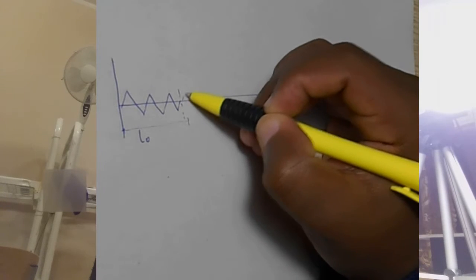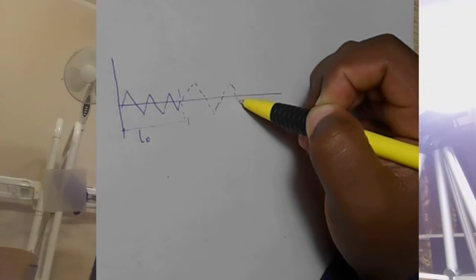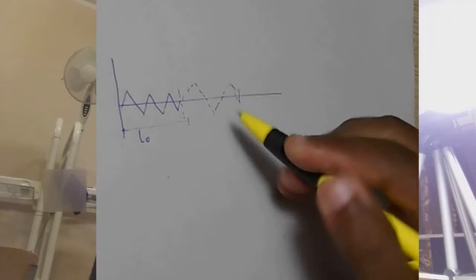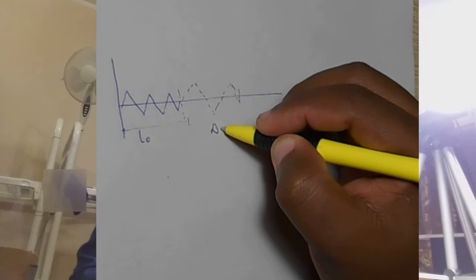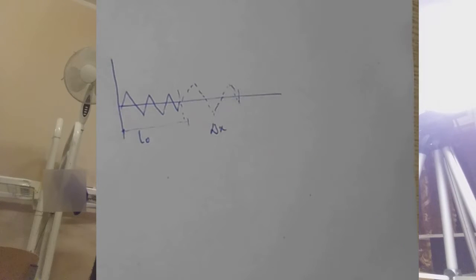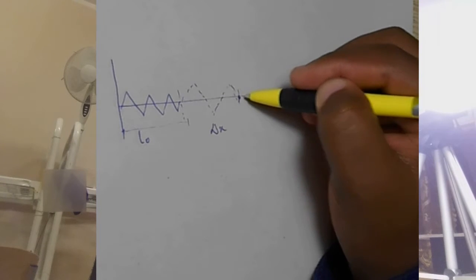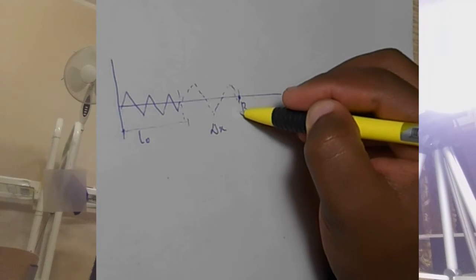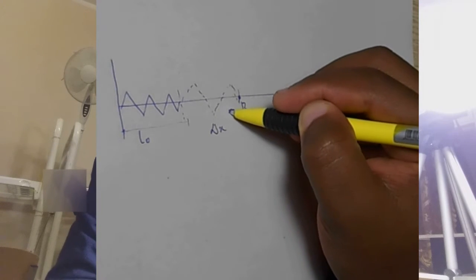Then we stretch it by another distance, let's say delta x. So in this case, the force at B will be pointed in the opposite direction of increase of delta x,